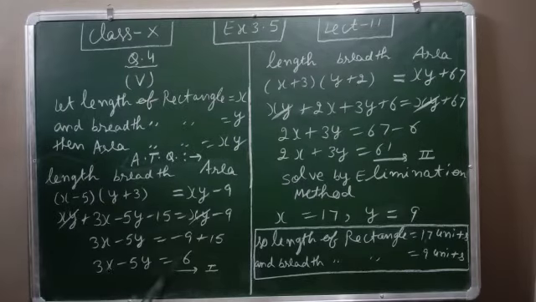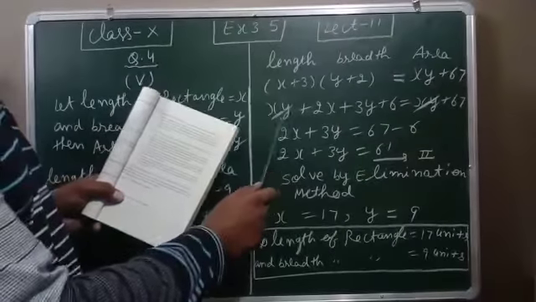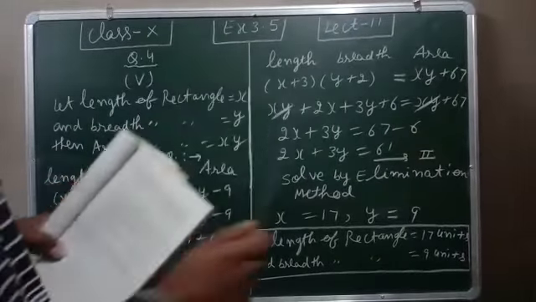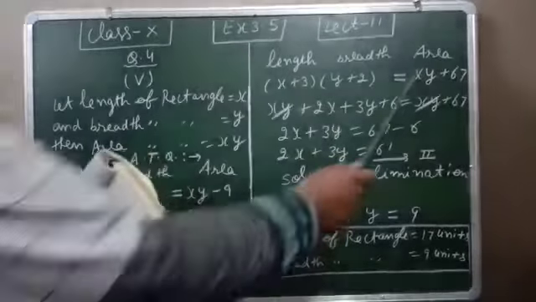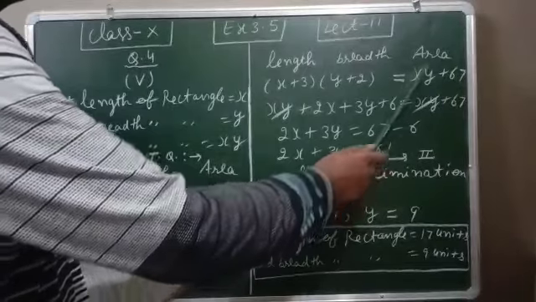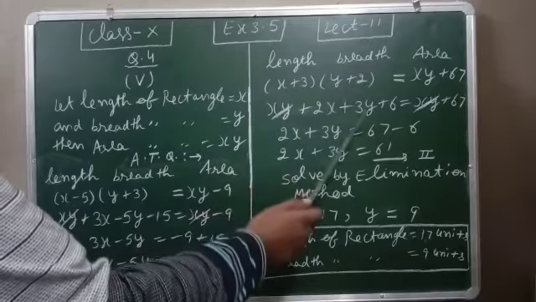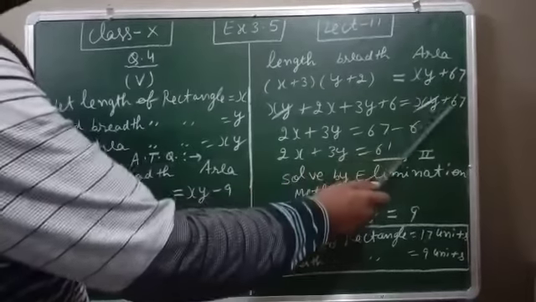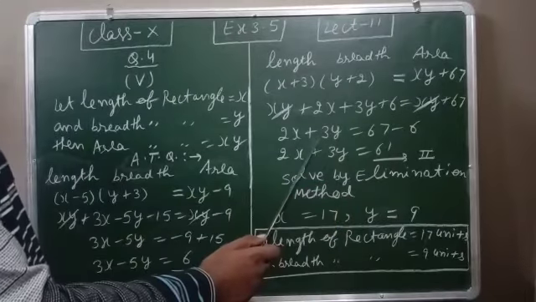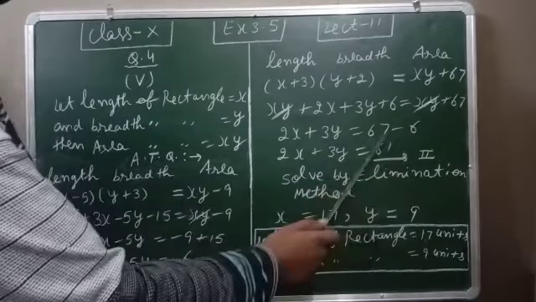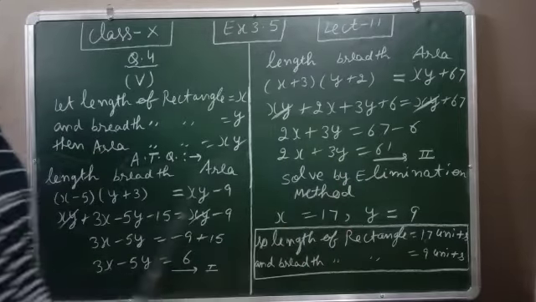Now we read the second condition. If we increase the length by 3 units, length increased by 3, so x plus 3. Breadth by 2, breadth increased by 2, so y plus 2. Then area increases by 67, so area xy increased by 67 means xy plus 67. So x into y, xy, x into 2, 2x, 3 into y, 3y, 3 into 2, 6, equal to xy plus 67. As it is, xy will cancel, 2x plus 3y we keep on the left hand side, then 67 as it is, this plus 6 will become minus 6. So second equation: 2x plus 3y equal to 61.